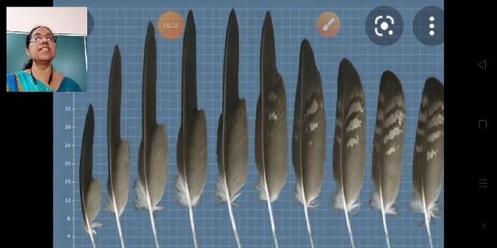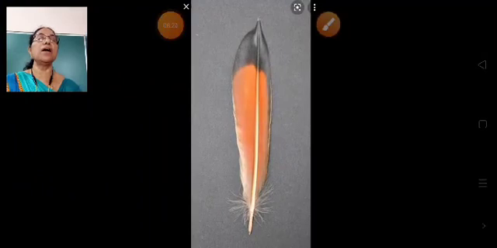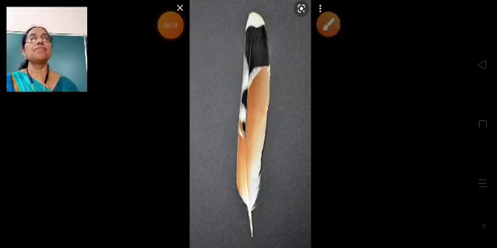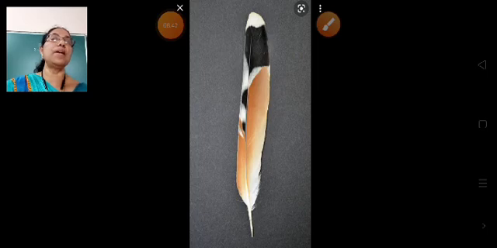This is a feather of some other birds, also long and flat, and it also helps birds to fly.